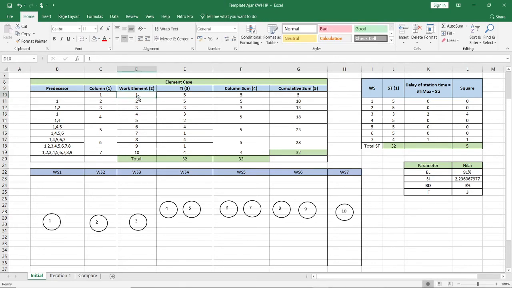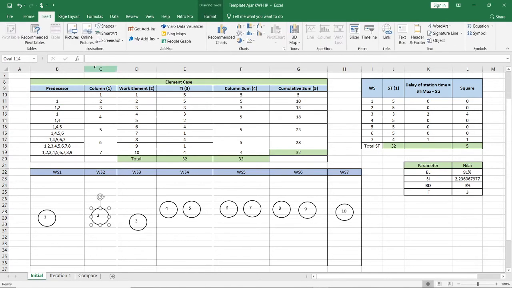So we can see that the first work element is the first task. It has no other task before it. So we are going to put it right here, just like this. And now we move to the second work element, in the second workstation. It has the first work element as predecessor.